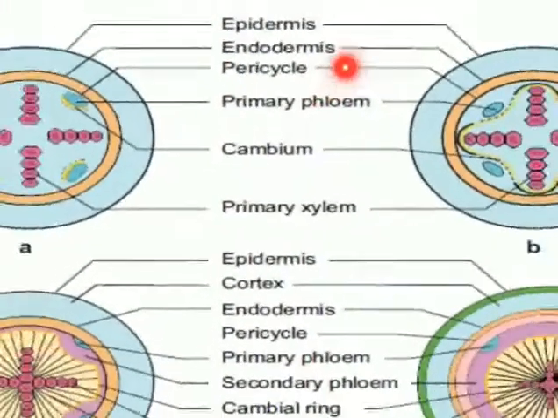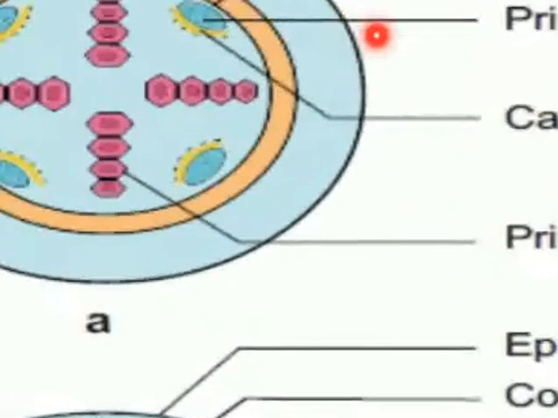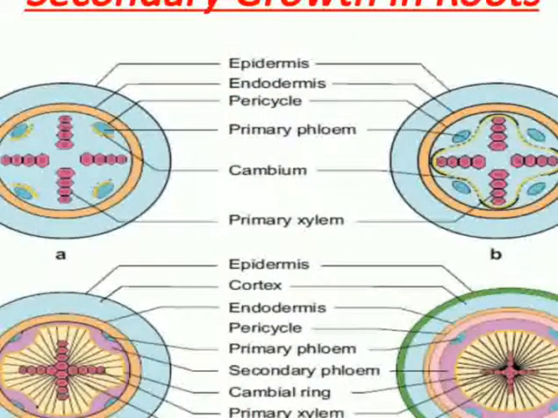You can see it here, because I told you the vascular bundles are radial in the dicot root, and the vascular cambium is completely secondary in origin, because when the growth is primary, there is no cambium. It originates from the tissues just located below the phloem bundles, as you can see here, and a portion of the pericycle above the protoxylem, forming a complete and continuous but wavy ring, which later becomes circular.